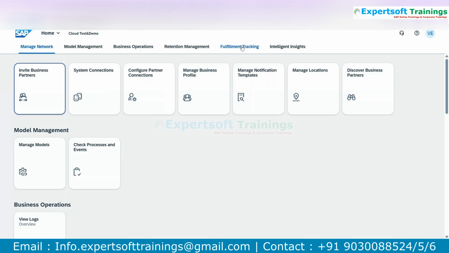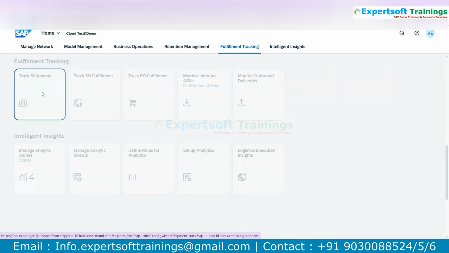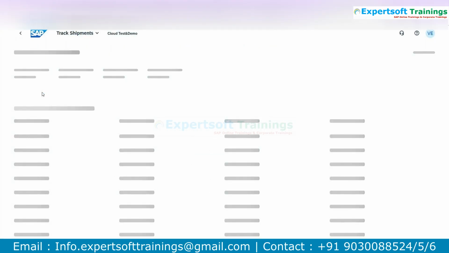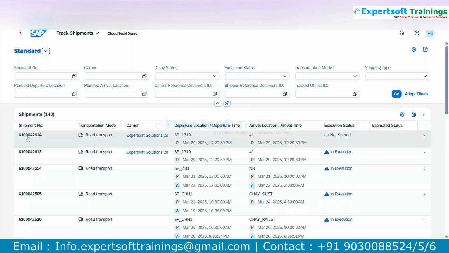So if you go to this fulfillment tracking, you don't have to see all these apps, because GTT is not only integrated with TM, it is for inbound process, outbound process, everywhere. If you see SO, PO, everything. So for us, it is track shipment. Okay. So 42614 should be there. Let's see. So see, 42614. Okay. So I just go inside,